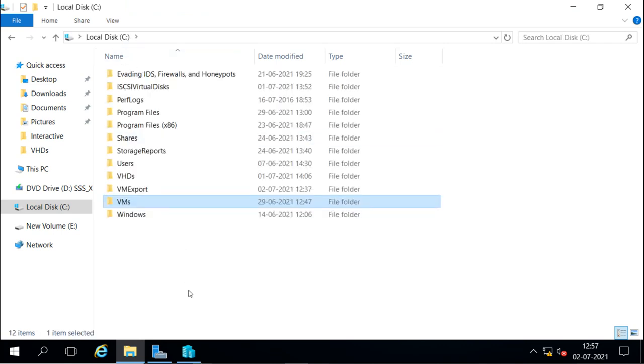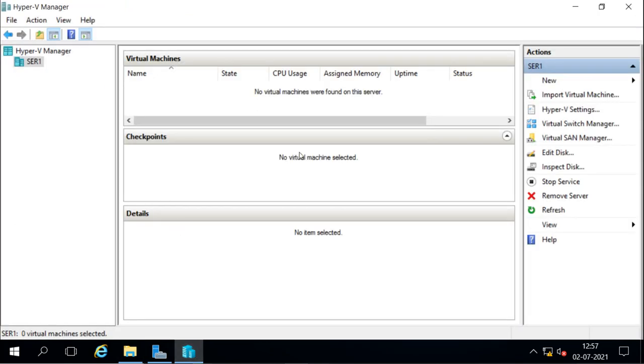Now we don't have our virtual machine there, not even a hard disk. So what we can do now is import the machine, because we have it exported. Or if I want to import it on some other server, I have to move that data to the other server, and then I can import it from there. Or I can move it to the shared storage, and then import it from there.